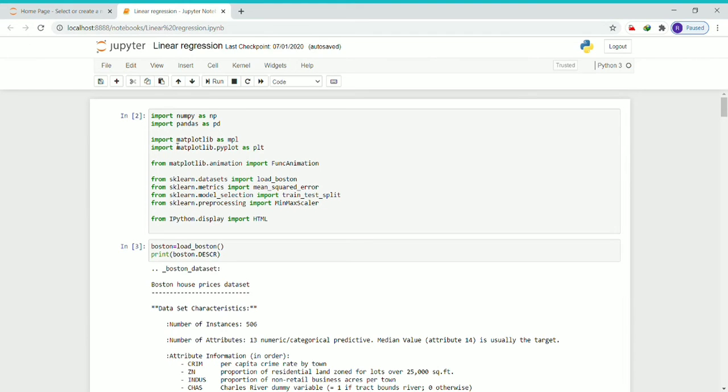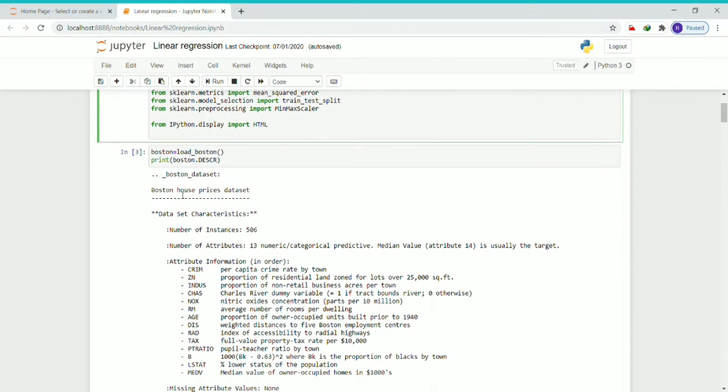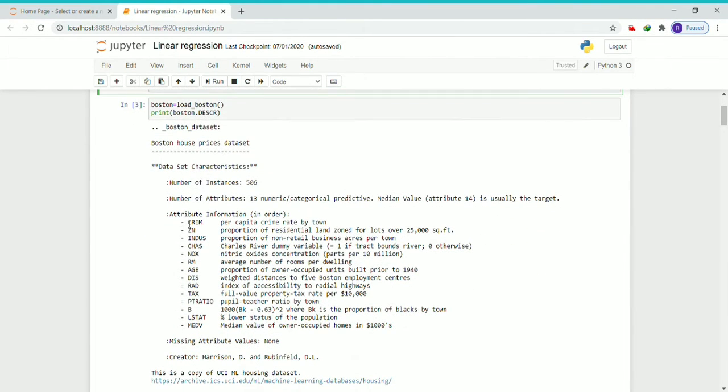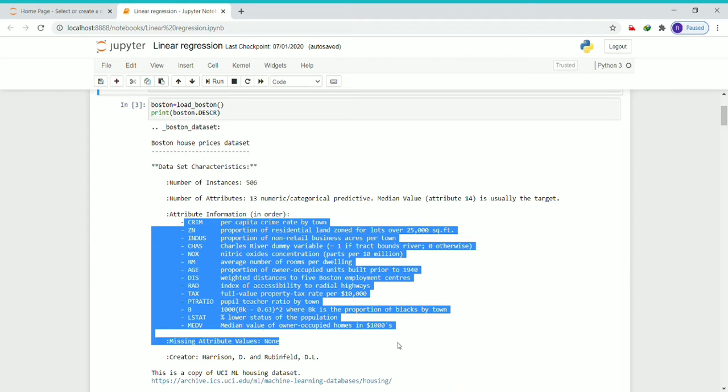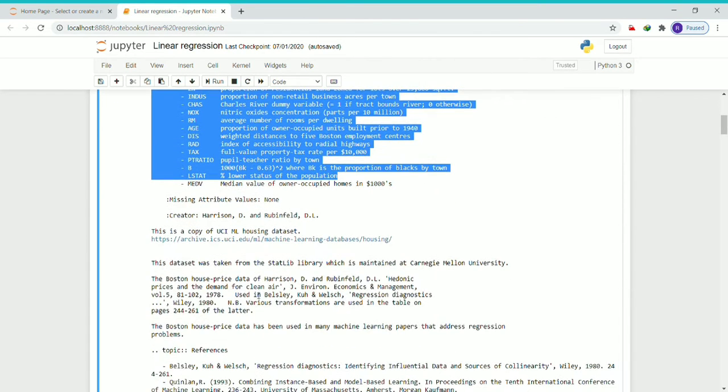Now, coming to the program, we have imported NumPy, Pandas, and Matplotlib. From sklearn, we have imported the Boston house pricing dataset, and these are the attributes of the dataset.